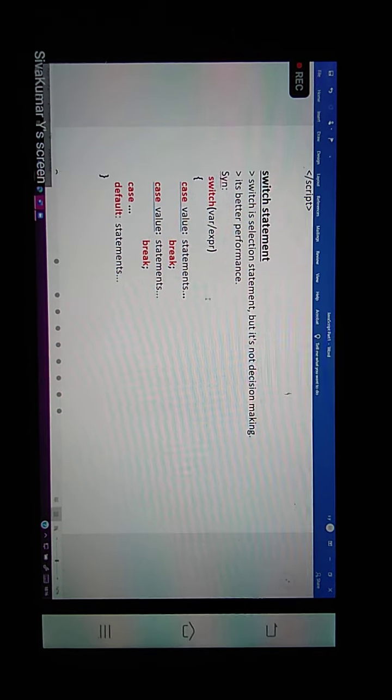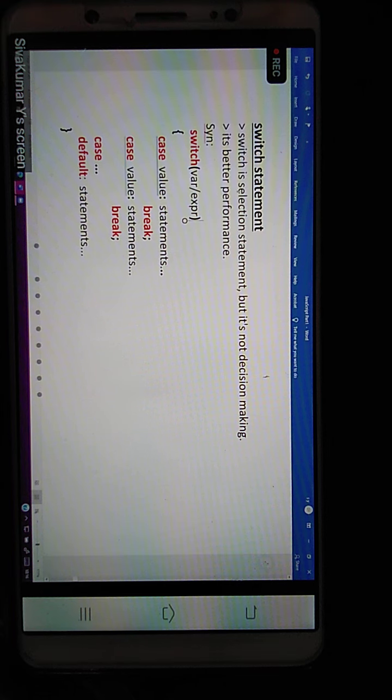Flavors: simple if-else and ladder if, which you can also call nested if, depending on somebody's point of view. The next control statement is the switch statement. Switch is actually not a decision making statement, sir. It's a selection statement. If is a decision making operation, but switch is a selection operation.